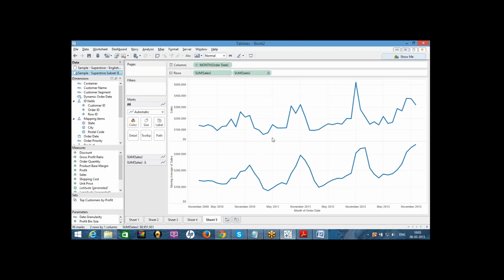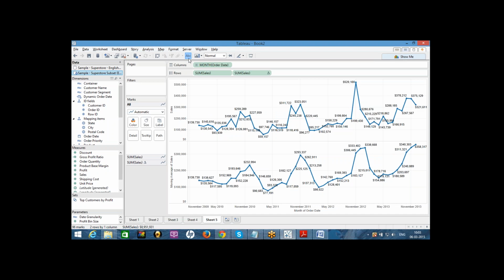So right now I have here moving average, this is moving average. This is actual sale. Let us turn on labels. So my first sale is 139, here also 139. And the second is 138. I got here 145. This is actual.